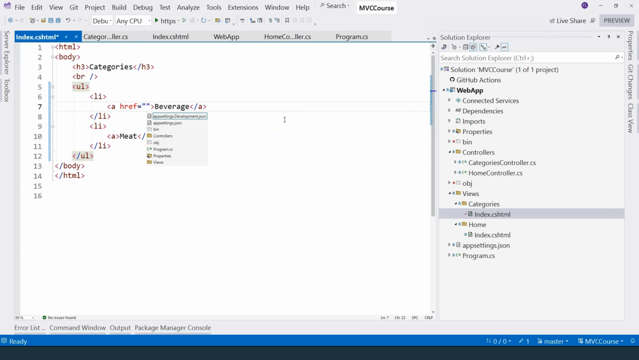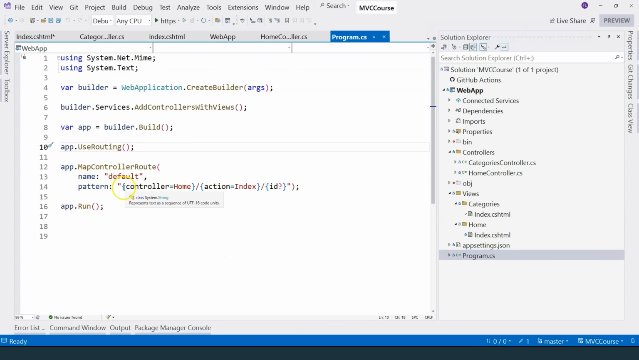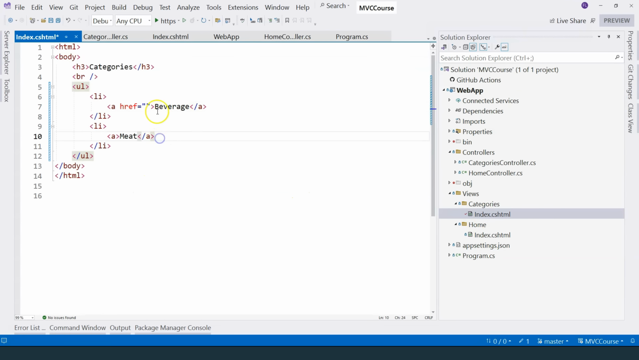So what should the URL be? Let's go back to program.cs and look at this pattern over here. We have controller, we have action, and then it has an optional parameter over here. This parameter, when specified, will become a parameter of the action method. So we can take advantage of this URL pattern. Let's go back to index.cshtml over here, and we can say